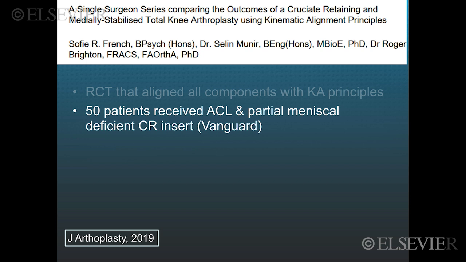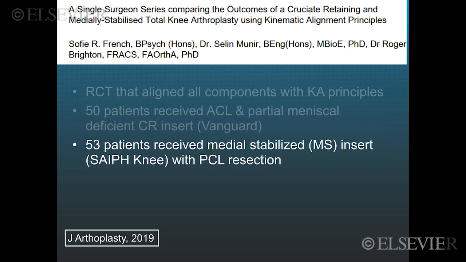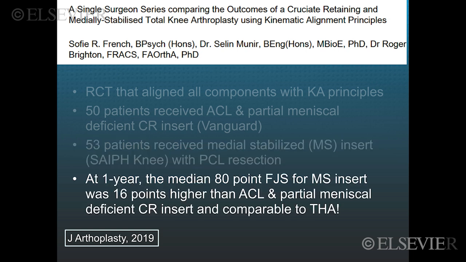50 patients received the ACL and partial meniscal deficient CR insert by Vanguard. 53 patients received a medial stabilized insert, the Safe knee, which was a predecessor to the GMK, with a PCL resection. At 1 year, the median score for the forgotten joint score was 80 points for those patients with an MS insert. This was 16 points higher than the ACL partial meniscal deficient Vanguard CR insert and comparable to a total hip